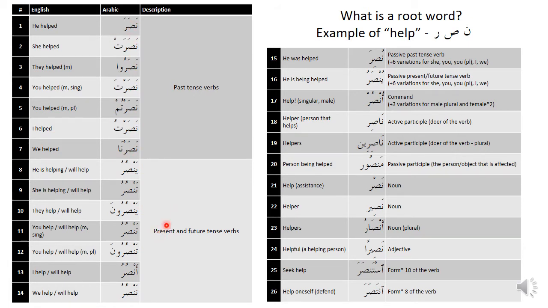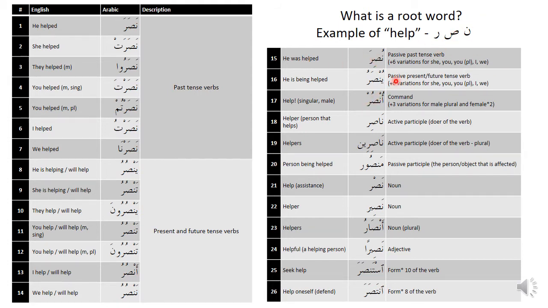In Arabic, past and future tense are combined. It's called the imperfect tense, and these are the examples of helped or helping or help in the future and in the present. And with the same word as well, you can see this is a passive tense. So you can see here it's nasara, he helped. To show passive, he was helped, you say nusira. So it looks a little bit different. In English, you would just say he was helped to show he's being helped. In Arabic, the vowels vary a little bit, and this course will help you to identify which form we're talking about.